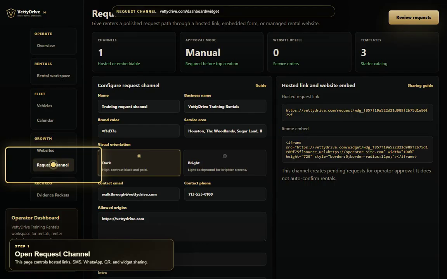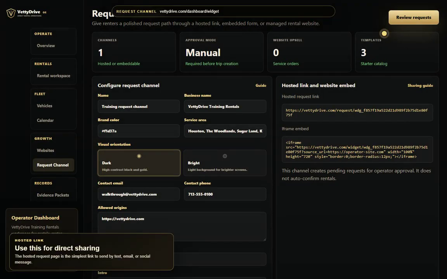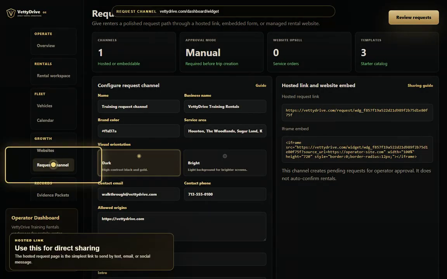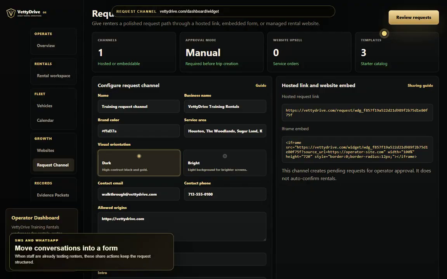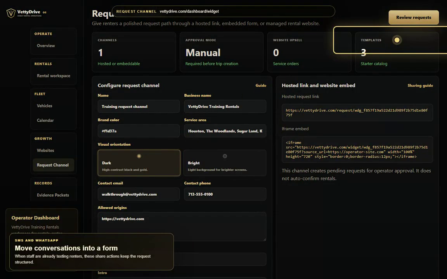Open Request Channel. This is the place to confirm the hosted request link, the public key, the share buttons, and the widget configuration. Use the hosted link when you want a simple page to send by text, email, or social message. Use SMS and WhatsApp when staff are already talking with a renter and need to move the conversation into